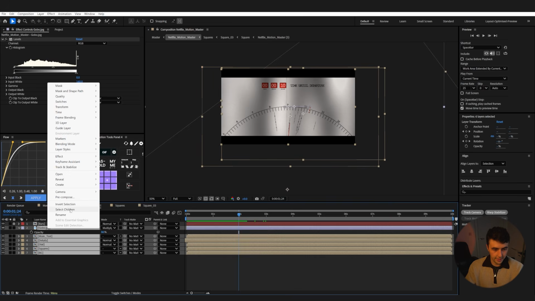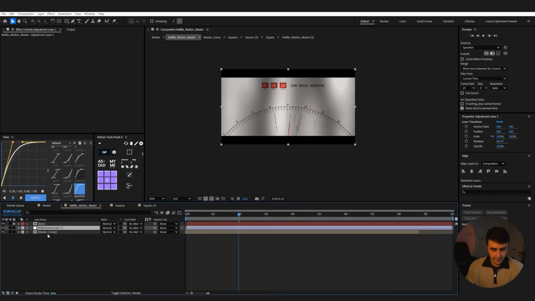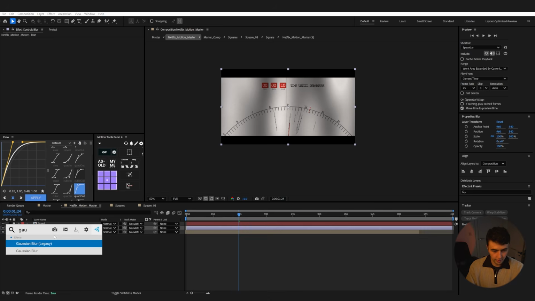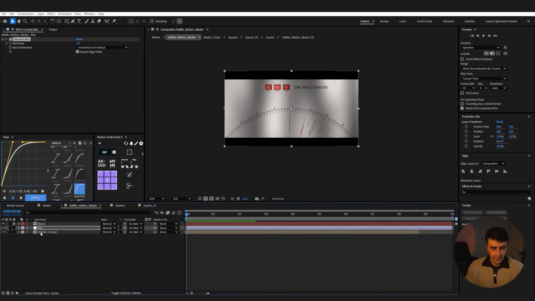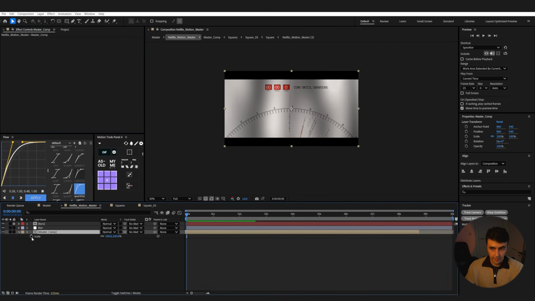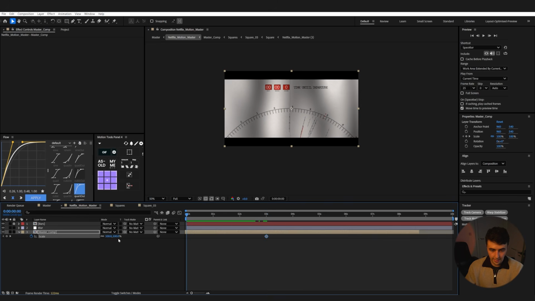Select all of our layers, and let's pre-compose these. It's going to be master clamp. We can add in a new adjustment layer, and we can call this blur. I'm just going to add in a Gaussian blur over the whole composition, but underneath our bars. You can put it to something like 2, and let's just see, something like that. And on our master comp here, we are going to put our scale keyframe at around 3 seconds, and let's just scale in a bit. So now we're getting a bit of movement